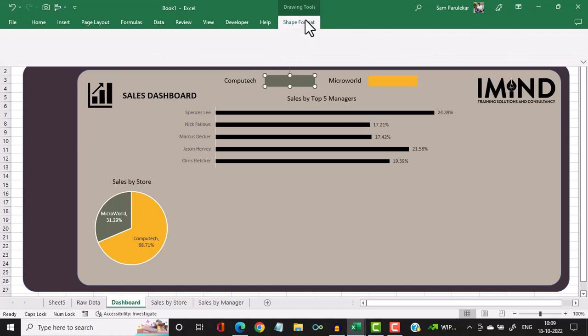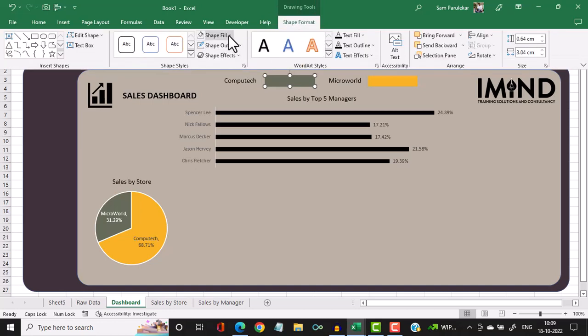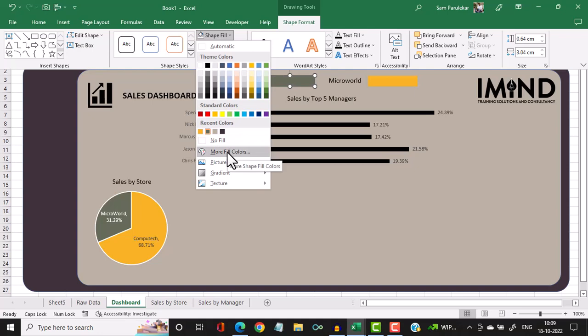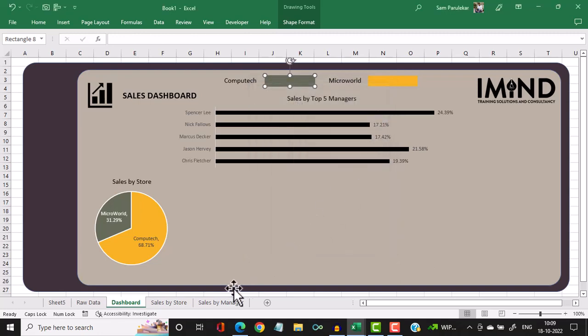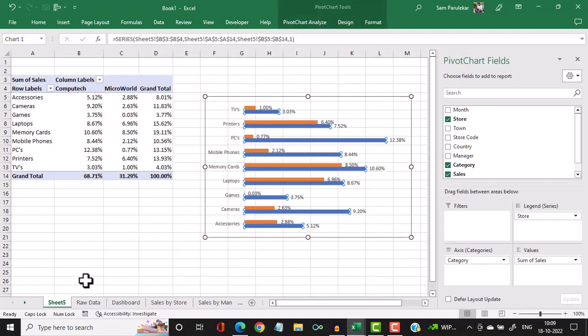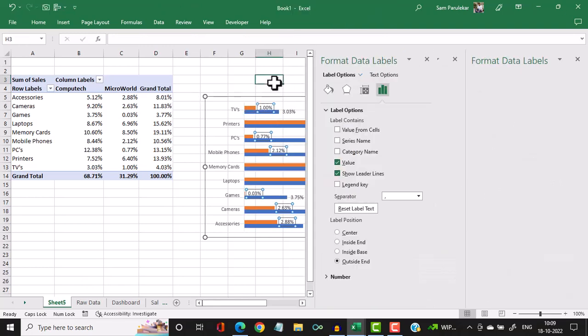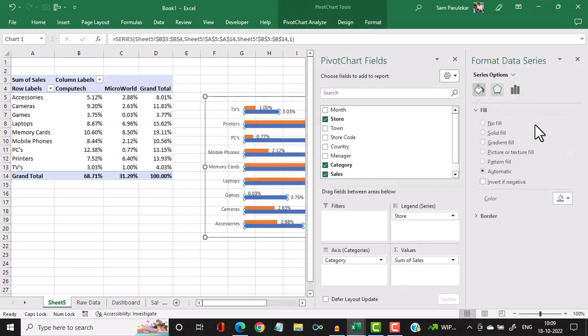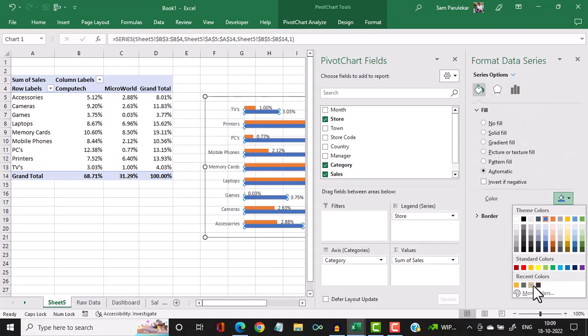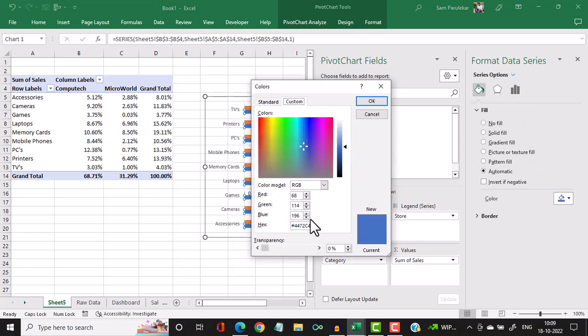So go into shape format, shape fill, more fill colors, copy this, Ctrl C, cancel, and come here and double click here, and going to fill,